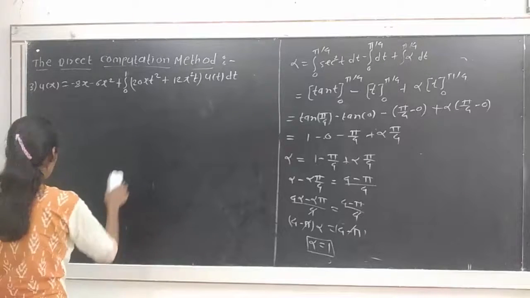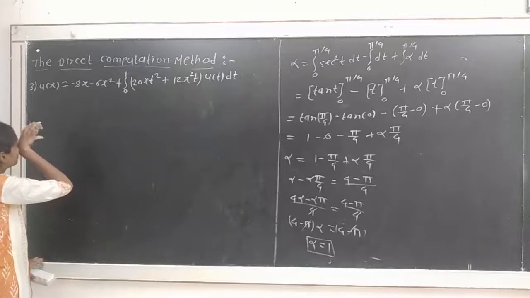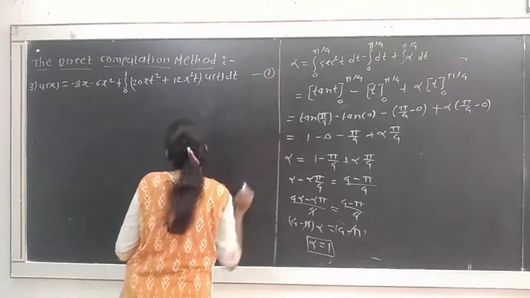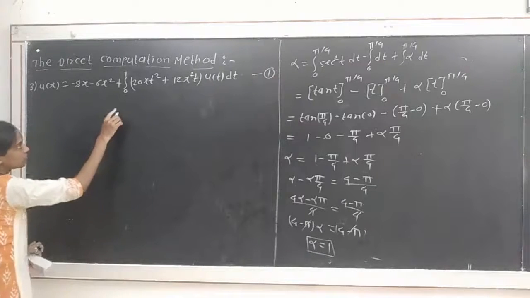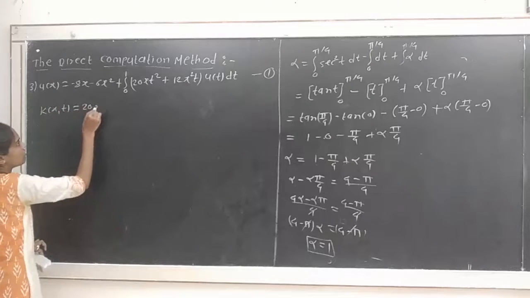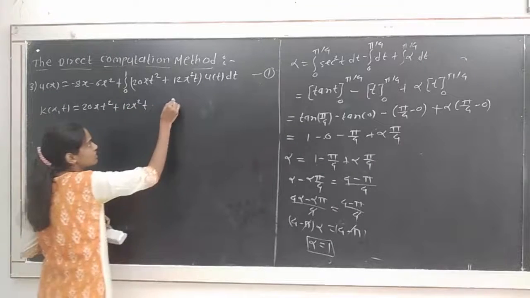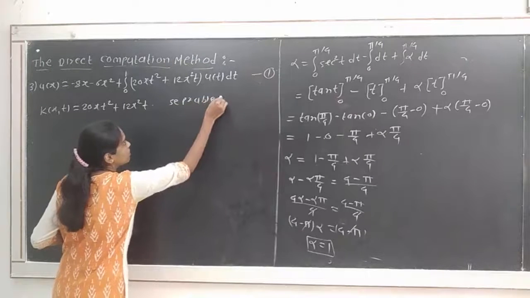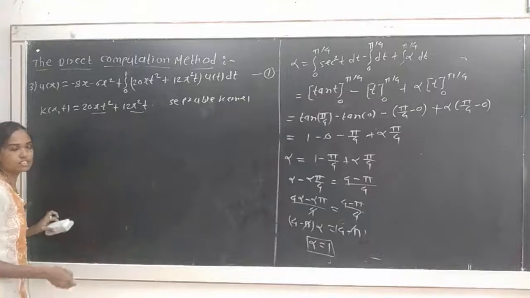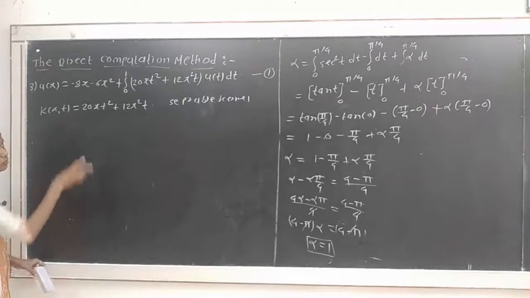Okay. So here we write the example, a non-homogeneous integral equation of second kind. First, take the given equation as equation number 1. Then we observe here the kernel k of x,t is equal to 20x t square plus 12 x square t, which is a separable kernel. Okay, because here the terms of x and t we can easily separate, but here the kernel k of x,t contains two terms, so we have to get two constants.